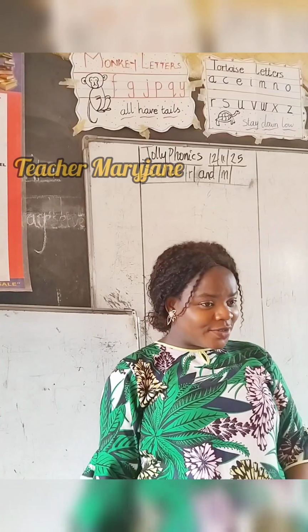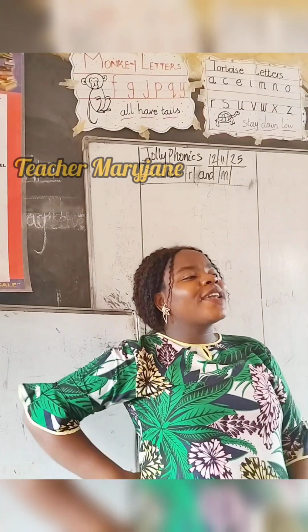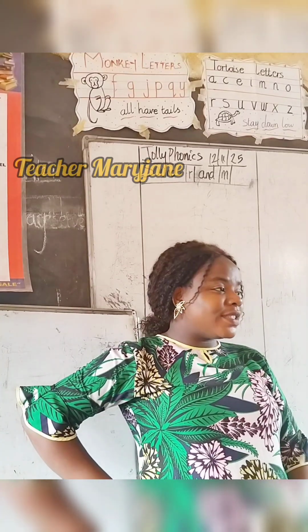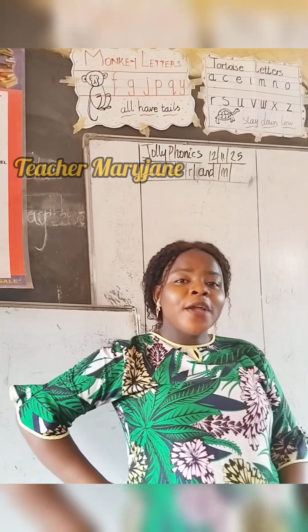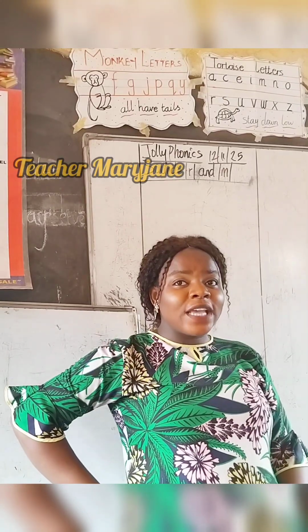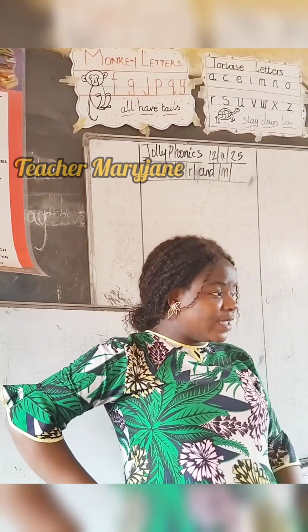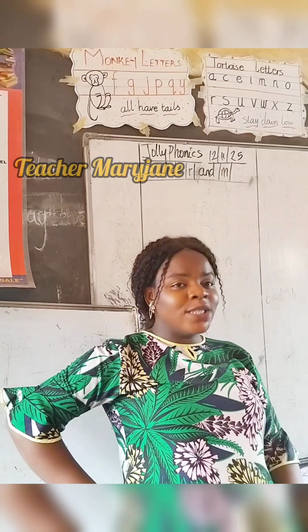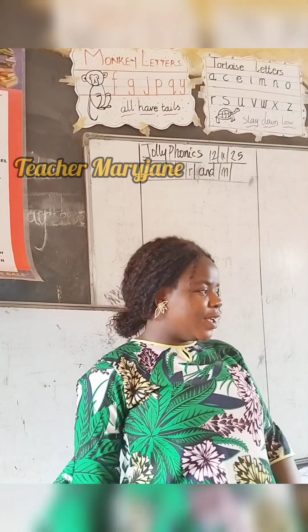Should I tell you a story? Yes. There came a little boy whose name is Robert. The boy's name is what? Robert. Now Robert has a puppy. You know what a puppy is? Yes. What is a puppy? Dog. A baby dog. Very good. Clap for yourself.